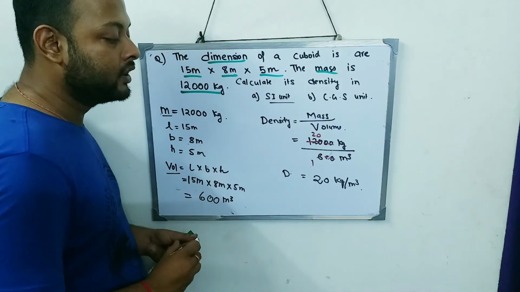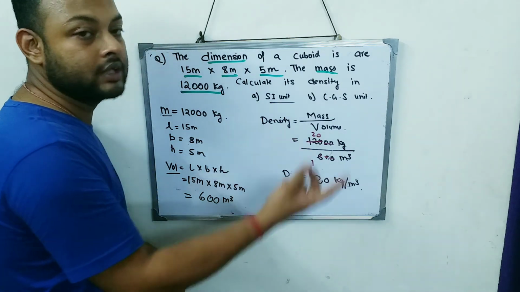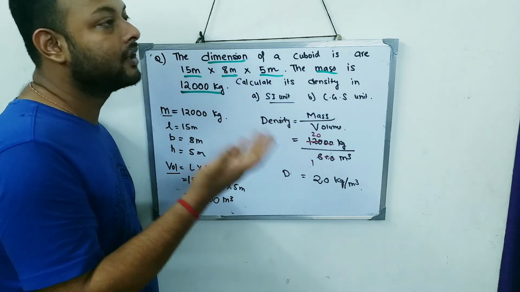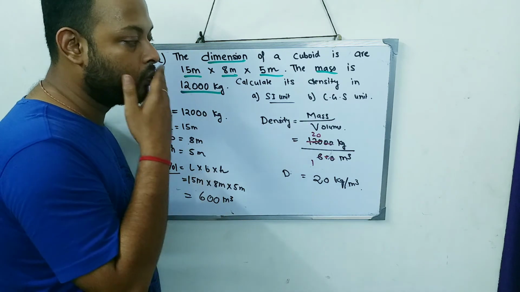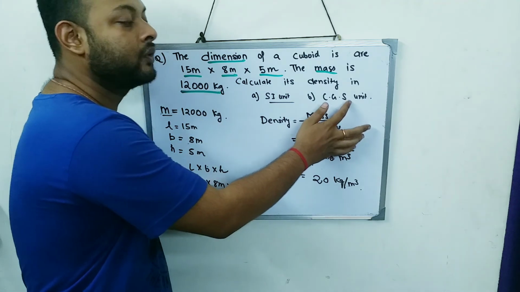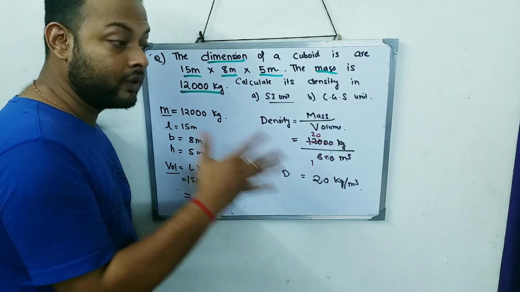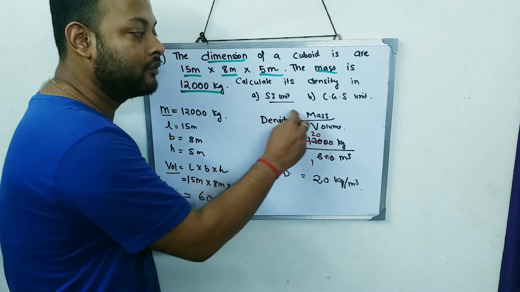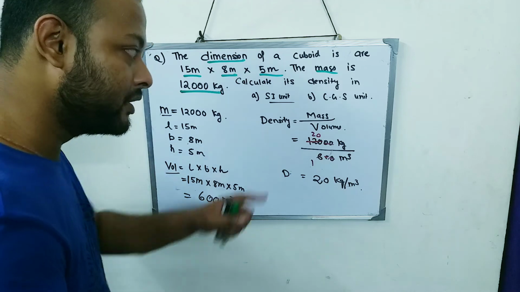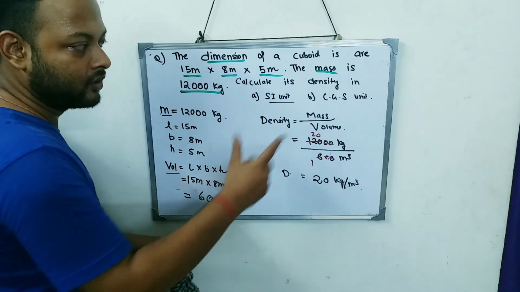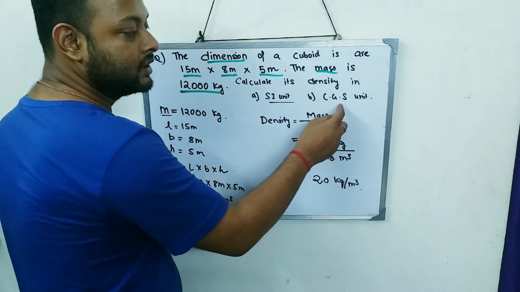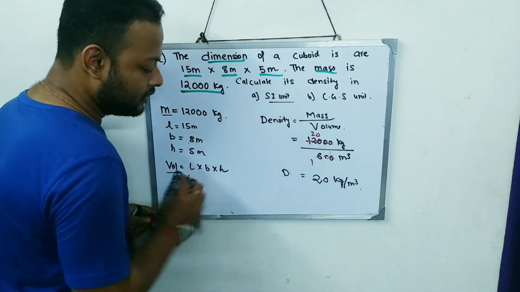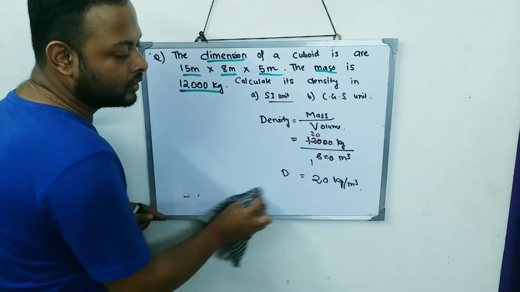Now it is my duty to convert this SI to CGS. In the previous question, just before it actually, we got the answer in CGS and we converted it into SI. But now we are going the opposite way. I am getting my answer in SI and have to convert that into CGS. So see, the previous sum and this sum are a little different. Previously from CGS I was going to SI, now I am going from SI to CGS.